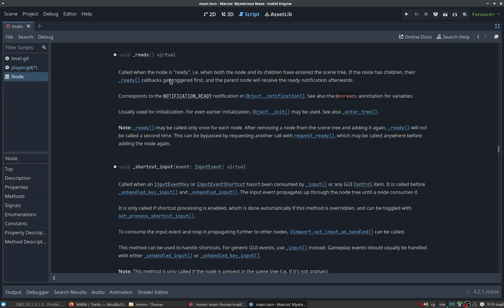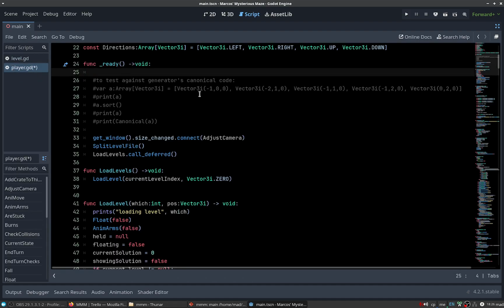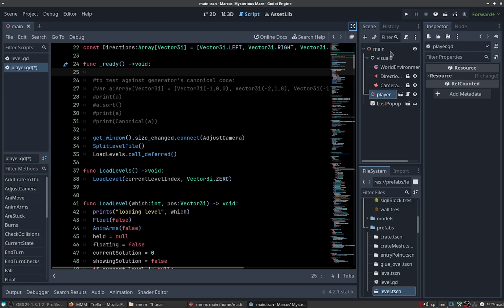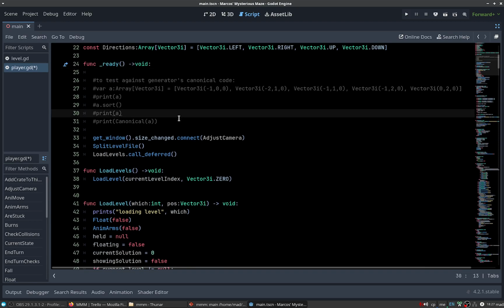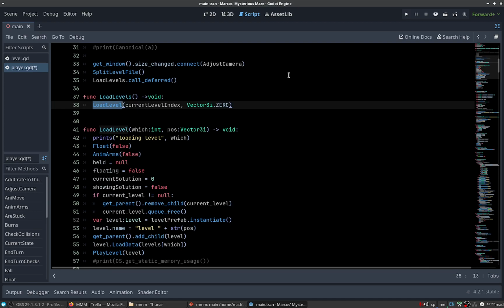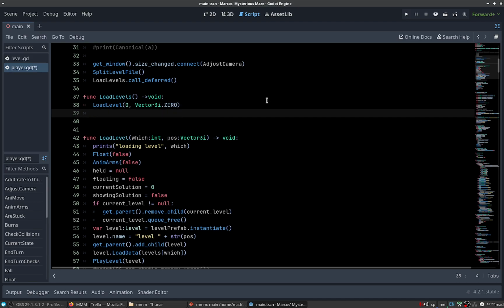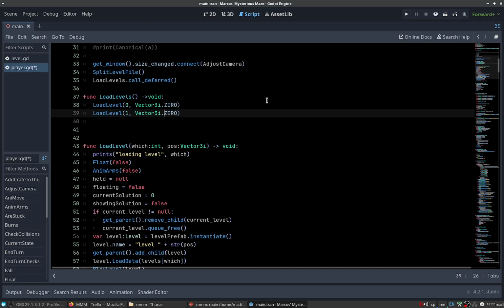is called when a node enters the scene, and sometimes when you are loading other things in the environment, you must wait until next frame for adding more objects and such. So this will load, let's see, let's load level 0, let's load level 1,